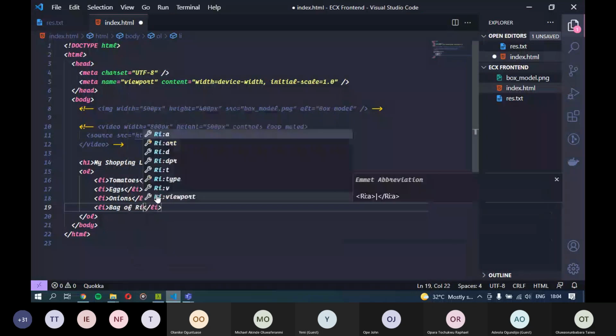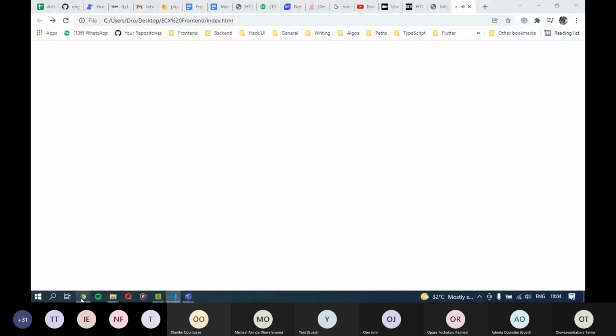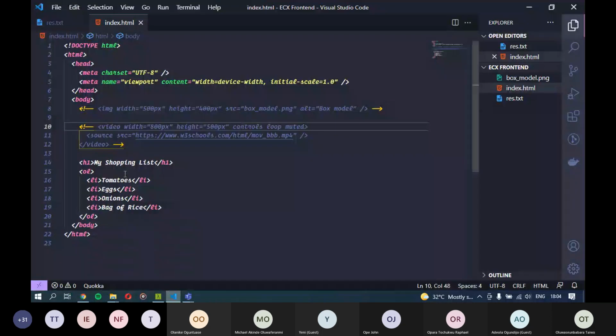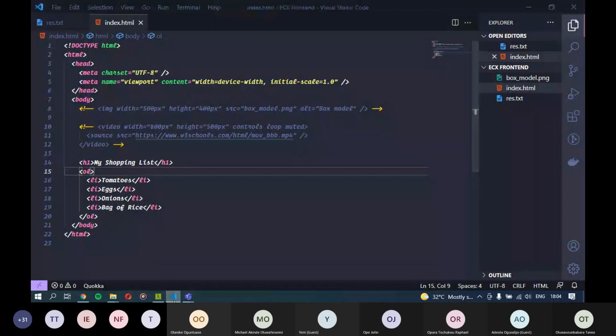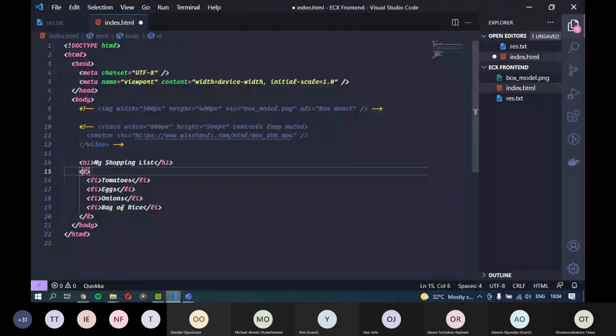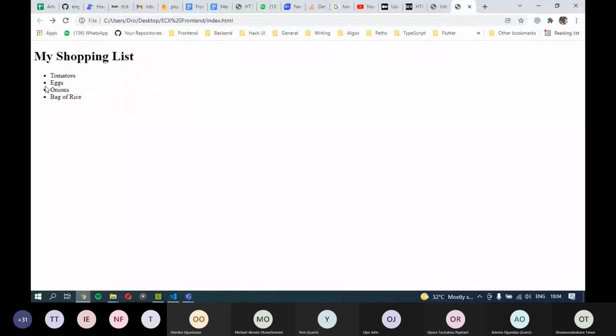You can save that, and if you come back to the browser and refresh, we'll see that because we are using an ordered list here, we get the numbers 1, 2, 3, 4. So it's numbered. But if we change it to UL, which represents an unordered list, and we save it and go back, as you can see, both of them use LI to represent the items. As I said before, LI represents list items. So if you come back here and refresh, you see that everything becomes bullets. So that's the main difference between them.